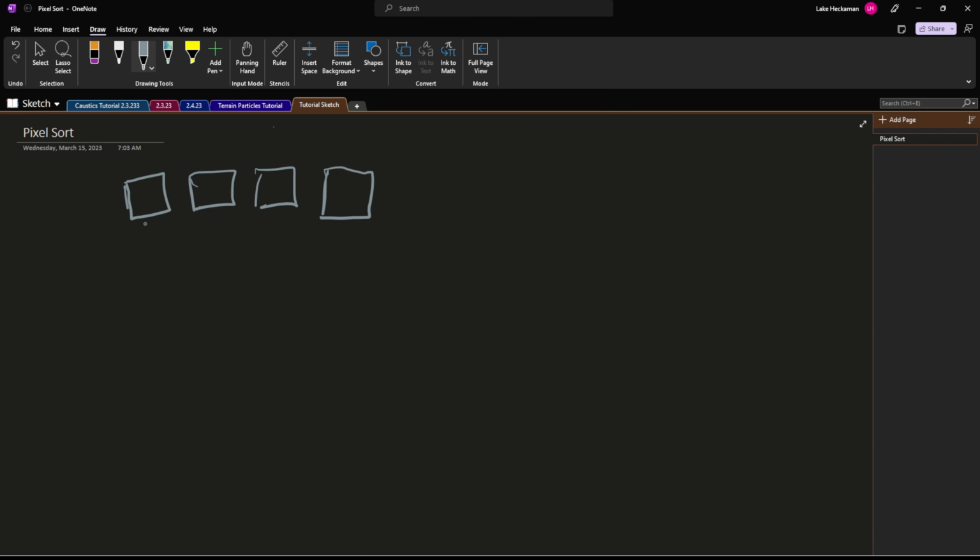So in this case, let's just do something like 2, 1, 1, 4. And our task is going to be to sort this, and we're just going to do it horizontally since this is a one-dimensional array. So this will be frame 0,